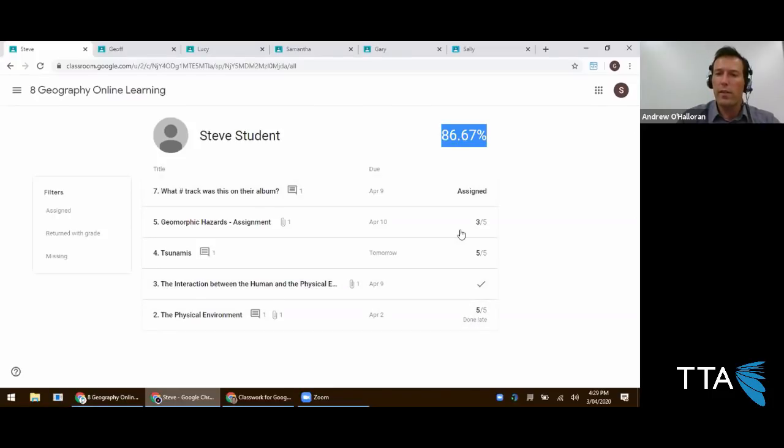100%, 100%, and what's the maths here? 60% in total adds up to 86.67%. The work that's still set, that's due April 9th, which is next week, doesn't go into the calculation here. And I do believe even if the due date passes and he hasn't actually submitted it, then that percentage won't be changed as well. But I'll need to confirm that for you,